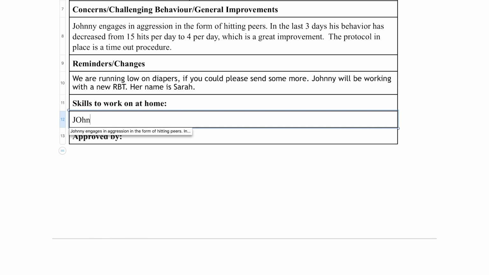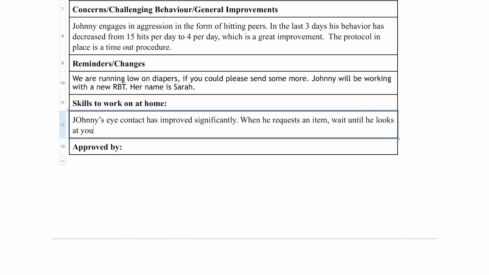So Johnny's eye contact has improved significantly. When he requests an item, wait until he looks at you before you give the item.